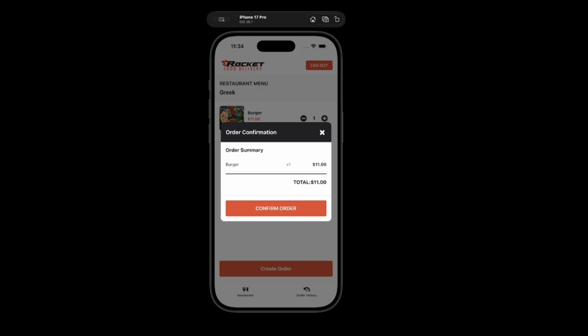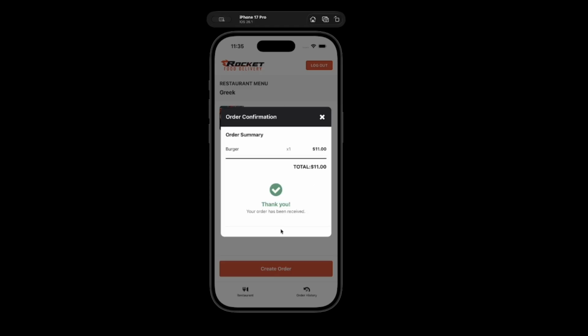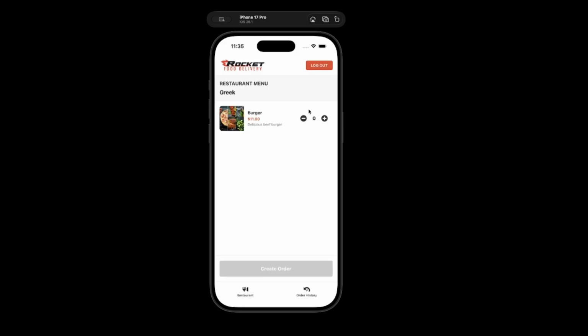We're going to demonstrate next the processing order state and the success confirmation. So we're going to click on confirm order, and as you can see, you see the processing order state as well, which is really fast, but it's there. And now you see the order shows a success confirmation with the order summary, the details, and the total. All right, so let's close out of that,